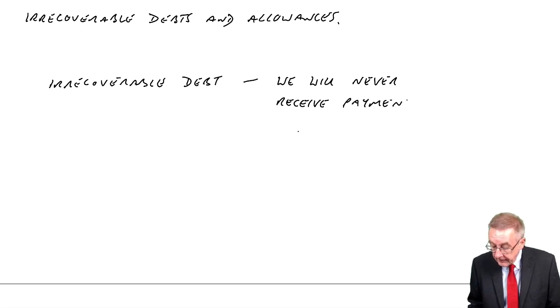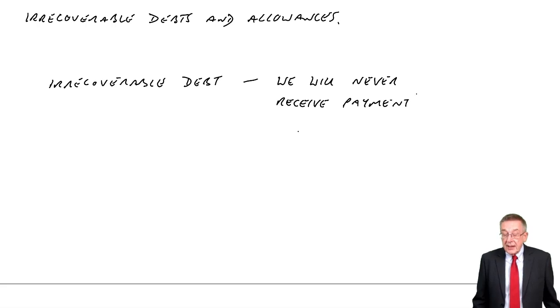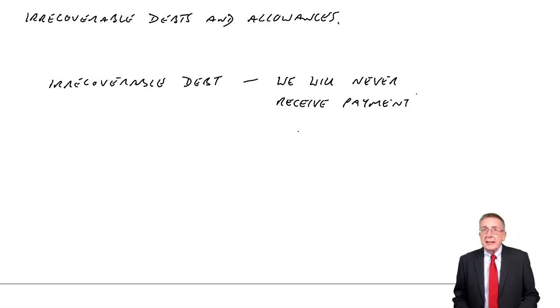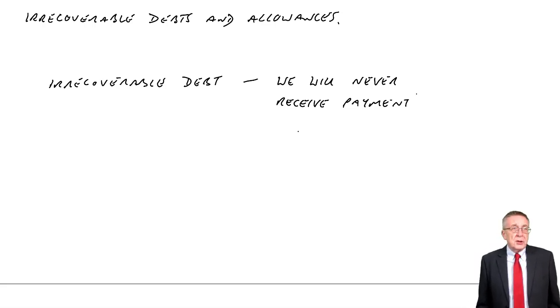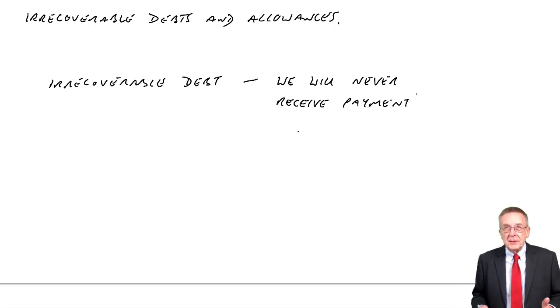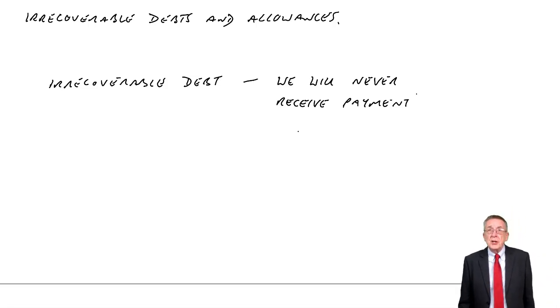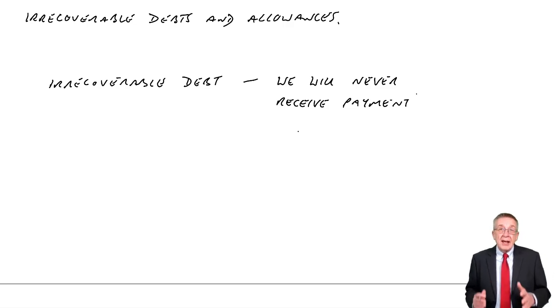As I said, it could be because the customer's died with no money. It could have been a business that was owing us money, and the business could have gone bankrupt. And again, we know we're never going to get paid. It could, in fact, be a customer who's refusing to pay. We could take them to court, obviously, but there's an expense involved, and if they only owe a small amount, then we might decide it's just not worth taking them to court. We'll accept we'll never, ever get the money. But whatever the reason, irrecoverable is where we think we'll never, ever get the money.